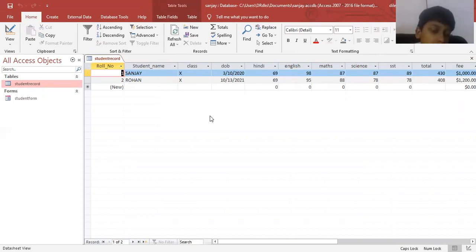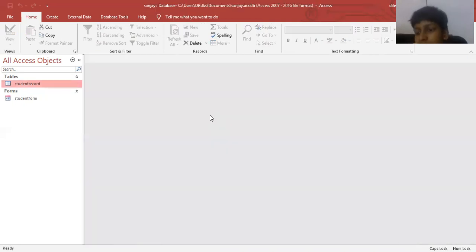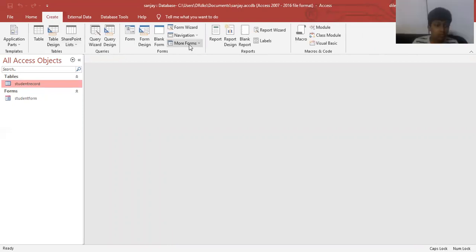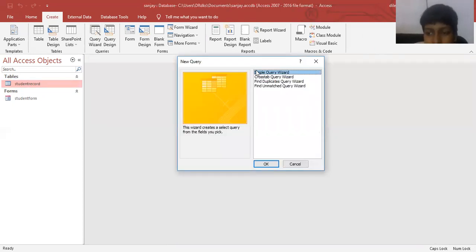If we want to analyze a particular specific field for a specific reason, just close it. And if we have some query, just click on this. We just make the query. Where is the option? There is a query wizard option. Just click on query wizard and you can select the particular fields for the particular analysis. Just click on query wizard. And here we have a query wizard.